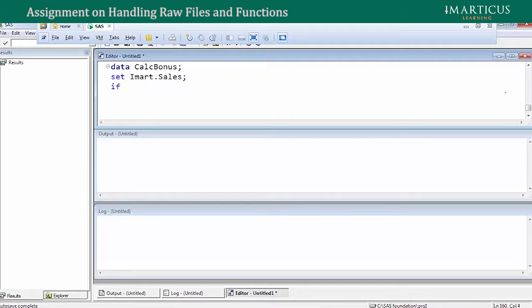In this case I'll have to use the decision construct if then else. So I say if country is equal to US,